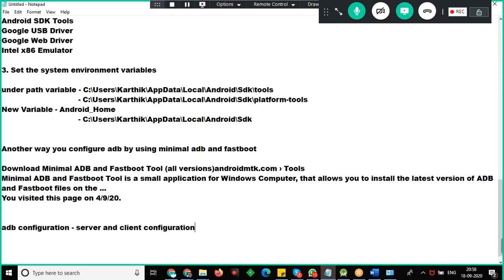In tomorrow's topic, we will be covering what this ADB is, how ADB works, how the client and server work, and there is one more thing which runs on the device, called the daemon, and how it works. This entire thing and a few very important ADB commands, we'll be looking into in the next session.